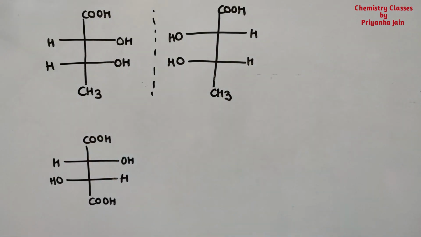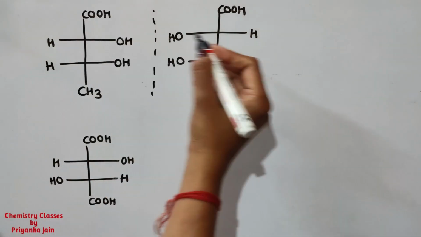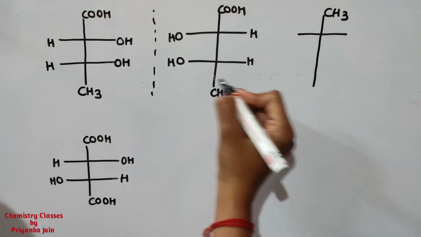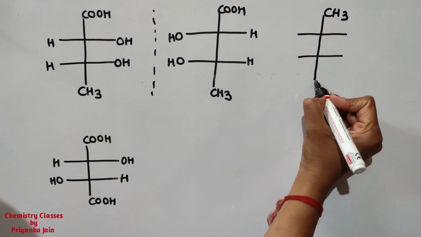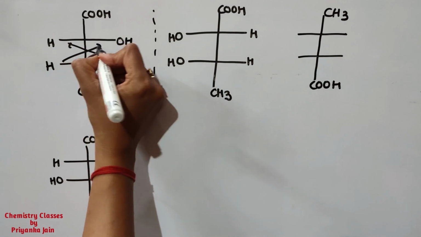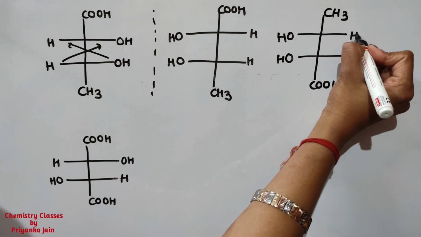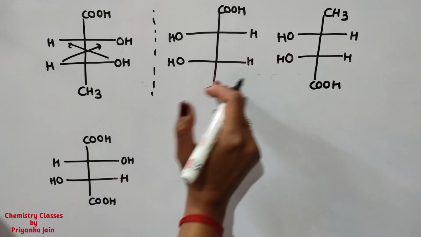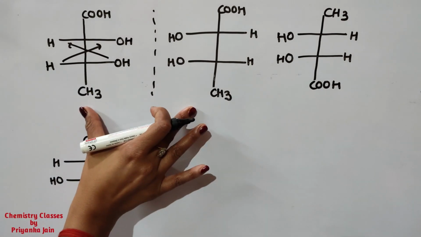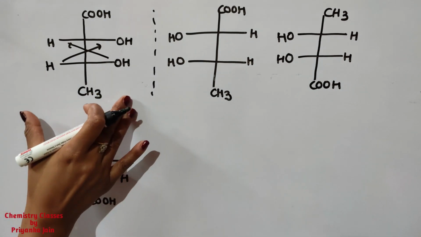Now what you have to do is just rotate this molecule. So what will happen? This group will go above in this manner, and this group will go down. So here will be COH, and this group will go here and this will go here. So we are getting this molecule. Now match the two molecules. These are different molecules, right? So these two molecules are enantiomers, and this molecule is optically active. This is the simplest way you can do it.